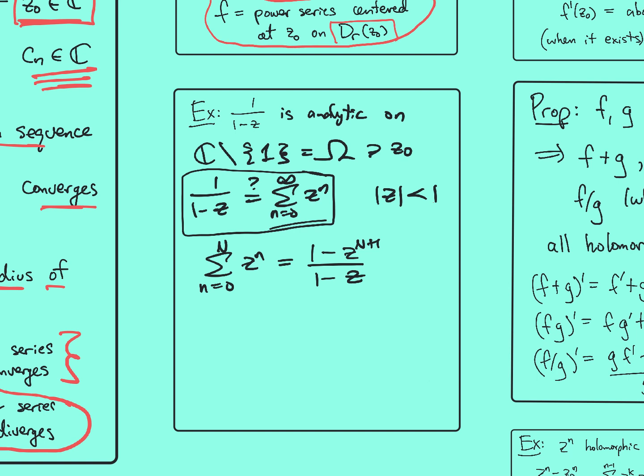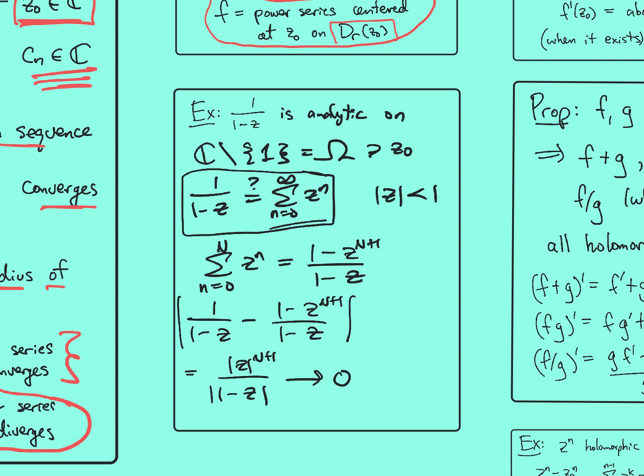So the partial sums are equal to this, and then if we compare this to the function we're considering and estimate it, then we get this expression, which goes to 0 as n goes to infinity, as long as